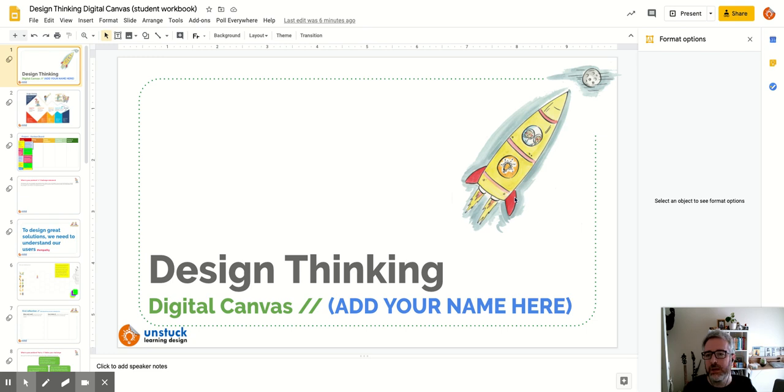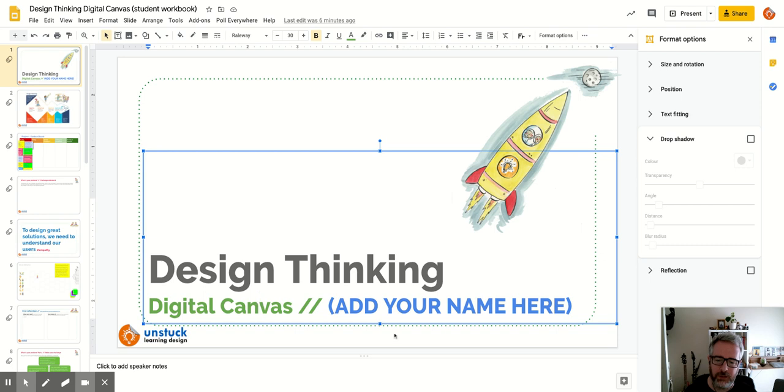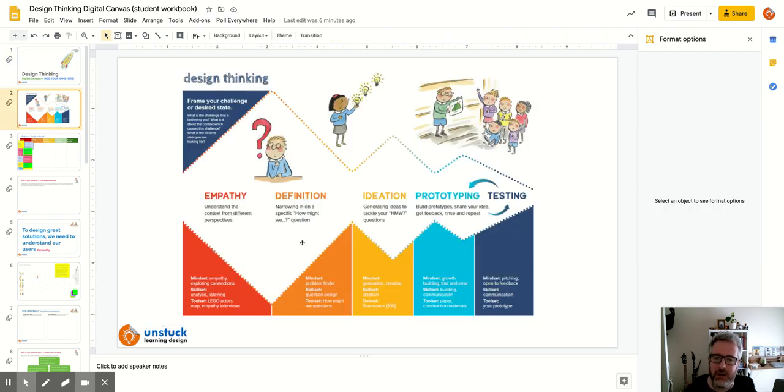I'm delighted just to share with you a new kind of thinking canvas, specifically around design thinking. And this digital canvas is actually designed as a student workbook. So it's there for students to work through, especially if they're working on a design thinking project. So the first slide is essentially where you would get the students to add their name and potentially their project idea. The second slide is just an overview of design thinking, which was produced by Unstuck Learning Design, and the